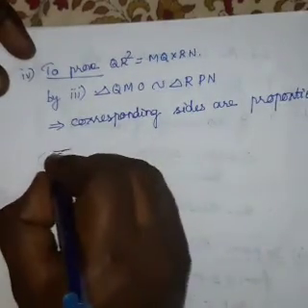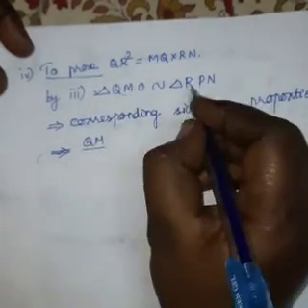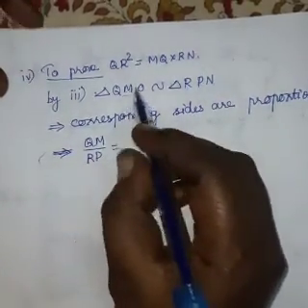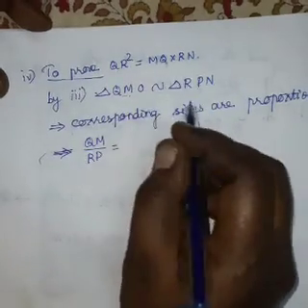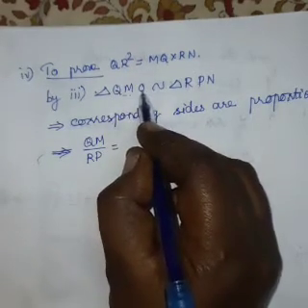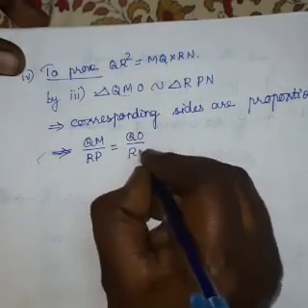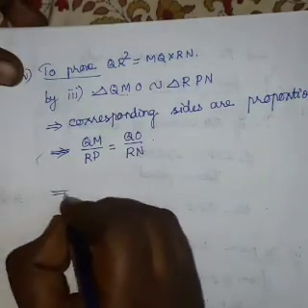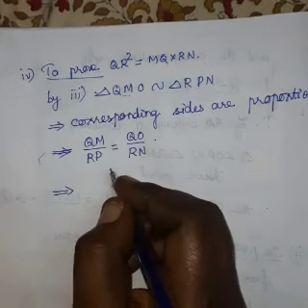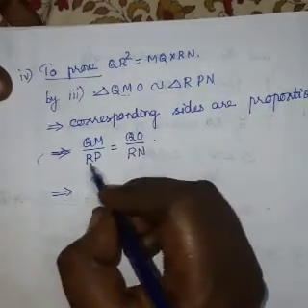Which implies, so first side you take it as QM divided by, from the triangle itself, RP. So QM divided by RP. Next two sides, for proving this, you don't take all the ratios, depending on that you have to take. So next one you take the first and last vertex, like the same here also, first and last vertex. So QO divided by RN. Now we can cross multiply. Before cross multiplying, we can write the side QO and RP.